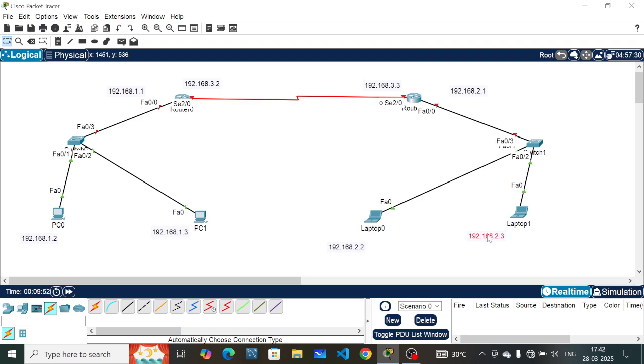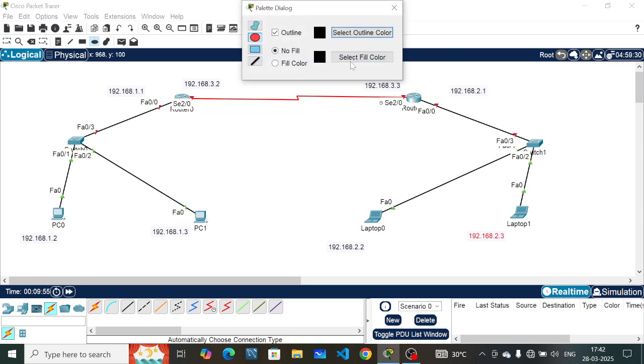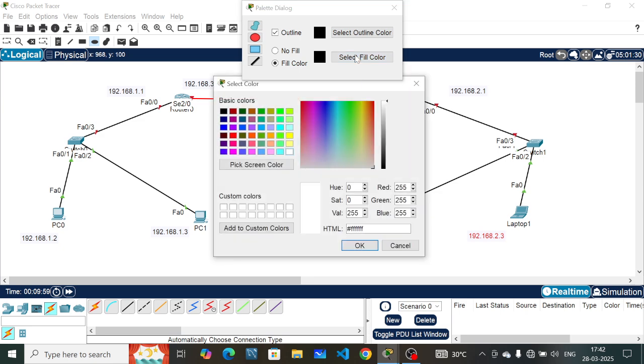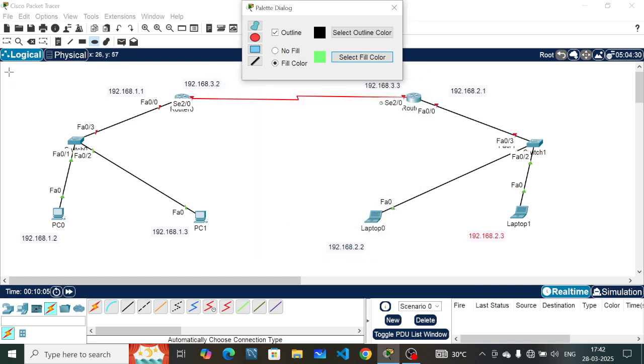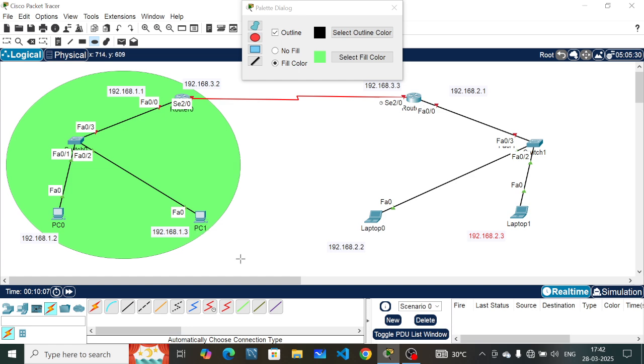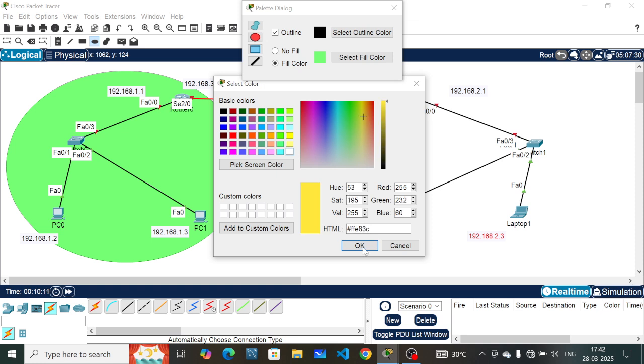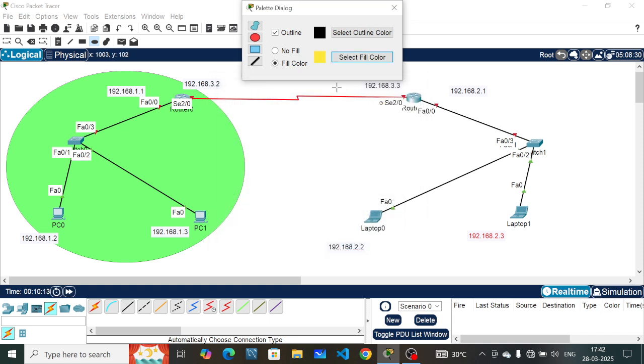Okay, and let's highlight also to make your structure look more attractive, more presentable. Just highlight this. Okay,